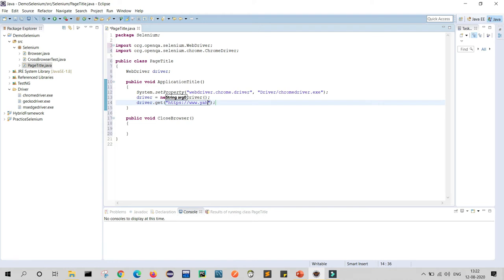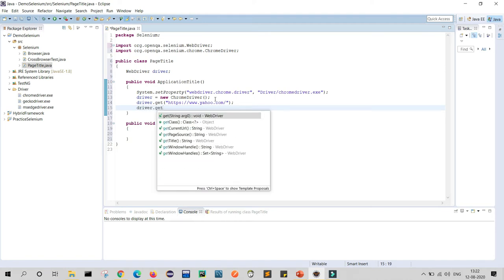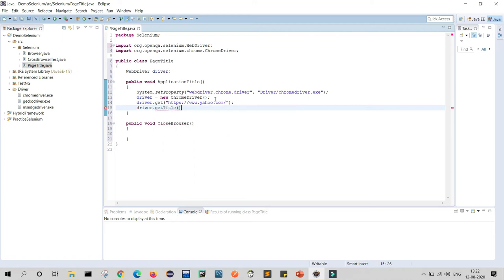I am launching yahoo.com. And now we will write get title: driver.getTitle. So these four steps will launch our browser, hit the application URL, and find the title.